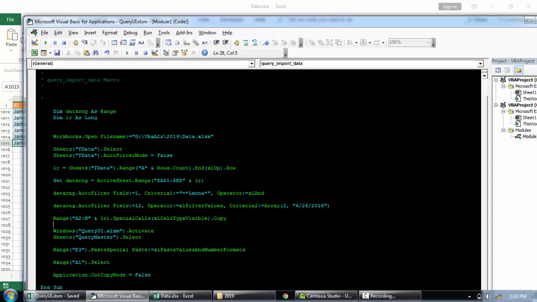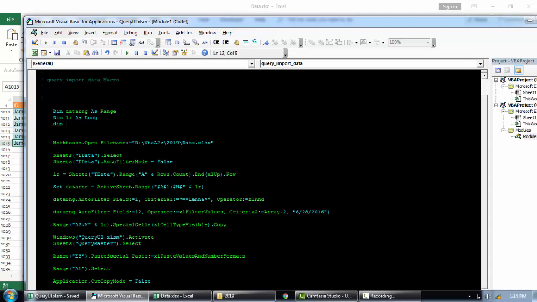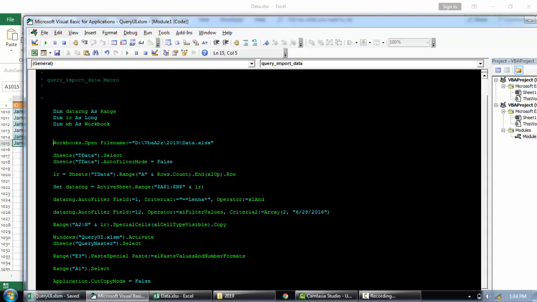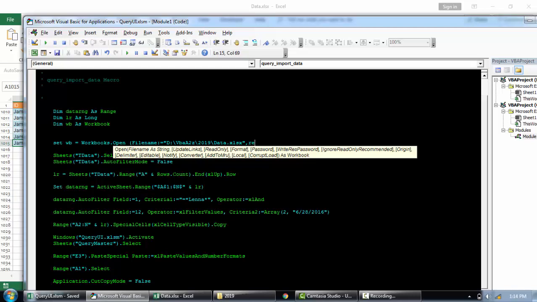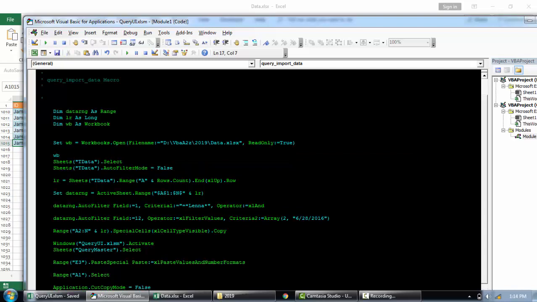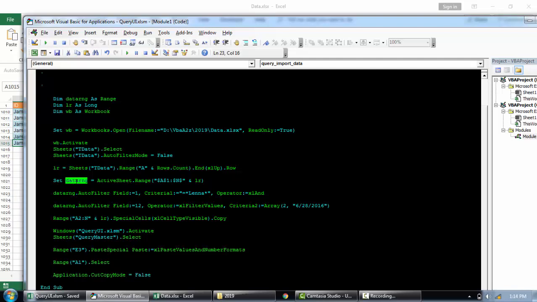So again, for the workbook, we can say dim. We want to create a variable for workbook, WB as workbook. We can set WB equal to workbook, and then maybe you might want to open it as read only. ReadOnly as True. So by default, it's going to get activated, but I'll ensure that. Open the data set, clear the clipboard, set the last row for dynamic range. Range has been set here. So we're filtering on the customer, filtering on the date. This will become again our dynamic